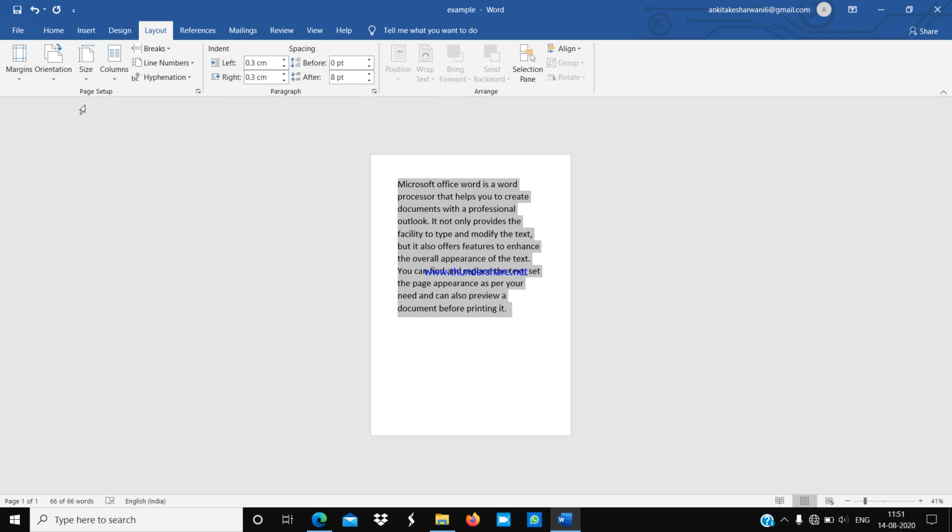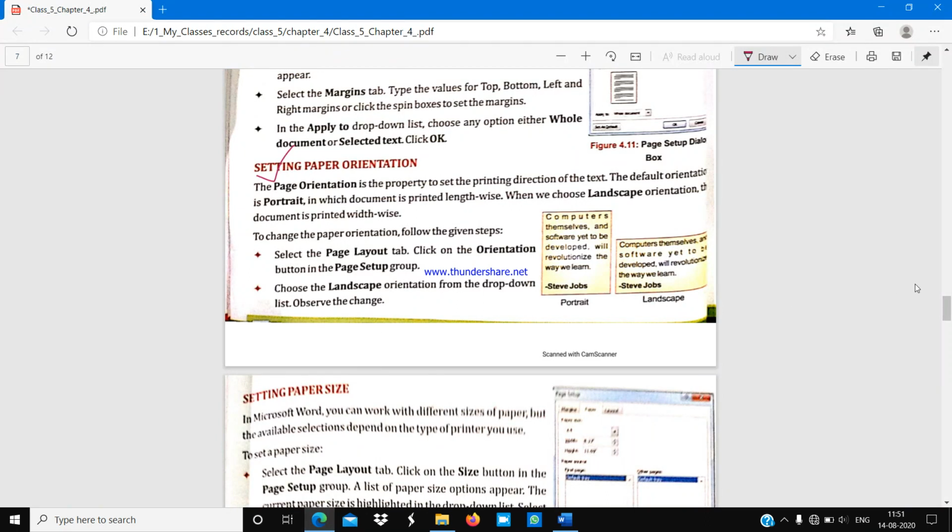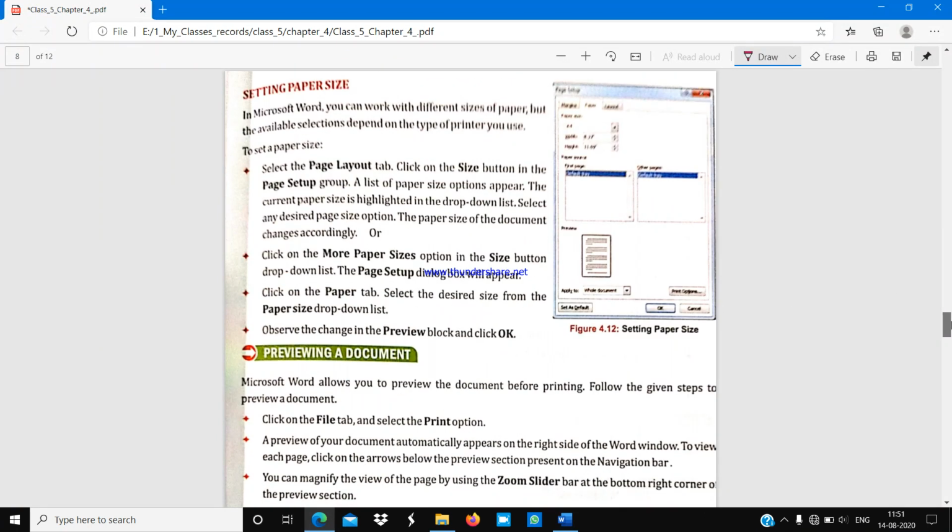If you select landscape, that means you want to print your document widthwise. And if you select portrait mode, that means you want to take a printout of your document lengthwise. Understood everyone? So it is about how we can set the orientation of our page.